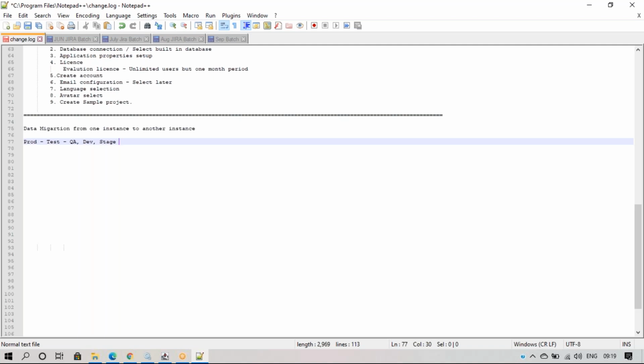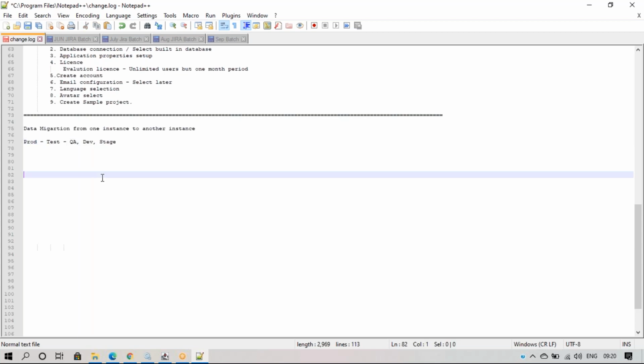So every organization has a test environment for sure. Might be they call it test, QA, dev, or stage. Different people use different names, but all these names are the same: a test environment.